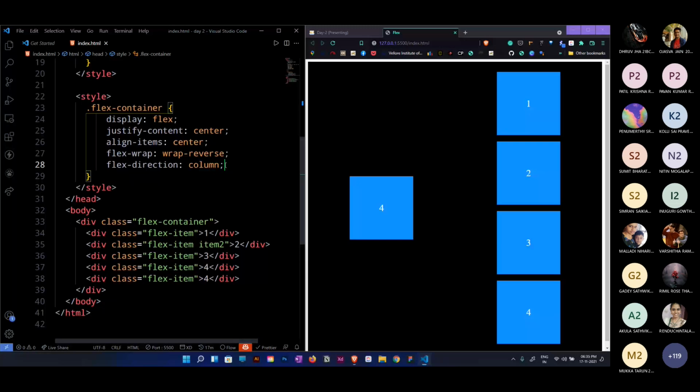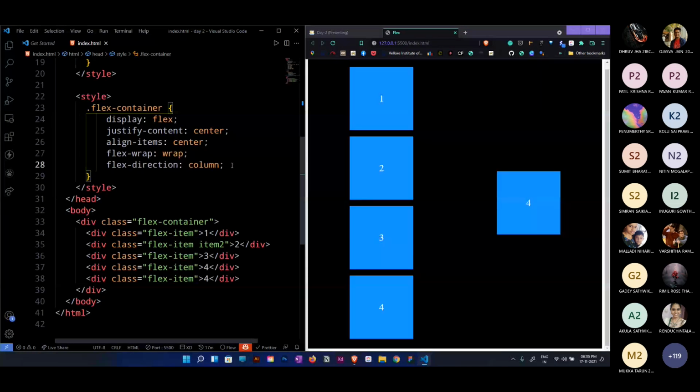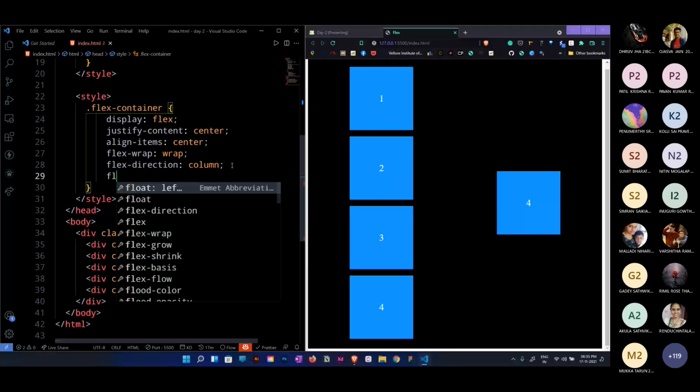What is flex flow? I will say column and then wrap. Now I can remove these two lines. Commenting means removing itself. If you observe, those two lines are just completed in one line. Now this is about flex wrap and flex flow.